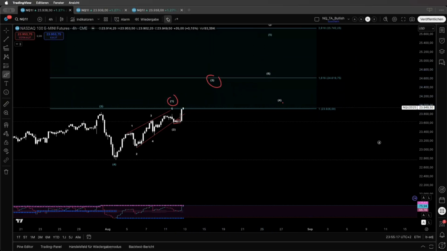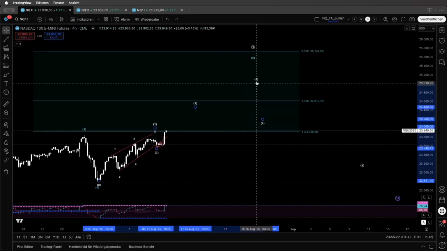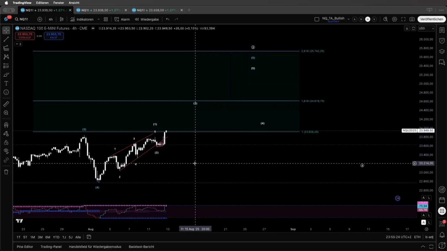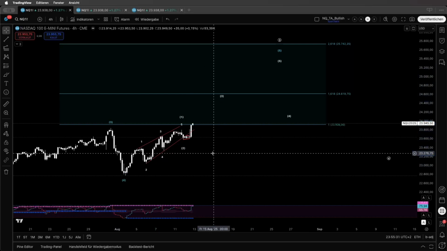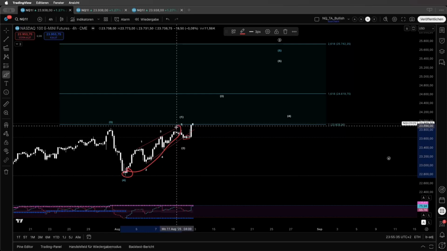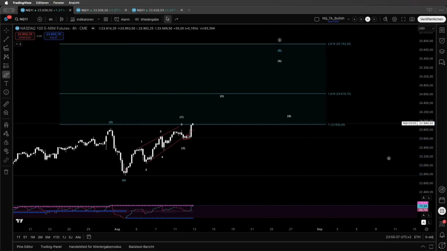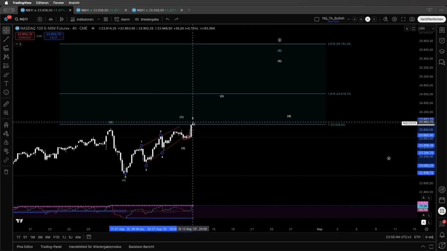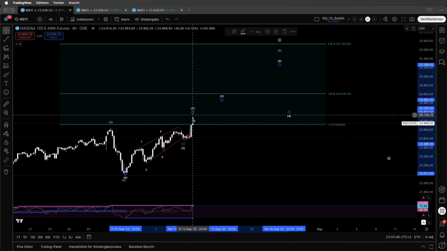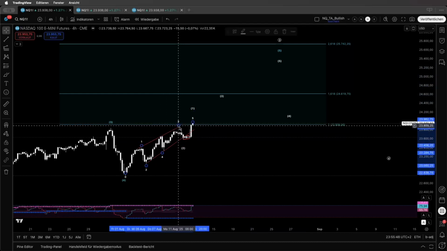This is at the moment the counting that I work on here. As I said, it's questionable if this is the wave 2, because we have touched the 23.6 retracement level taken from the low to the high, and that's a very, very uncommon target for a wave 2. I made you aware that possibly this could be the wave 5 of 1, and we have to shift everything